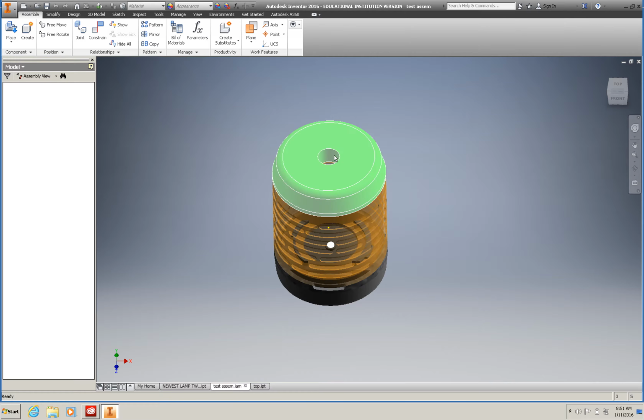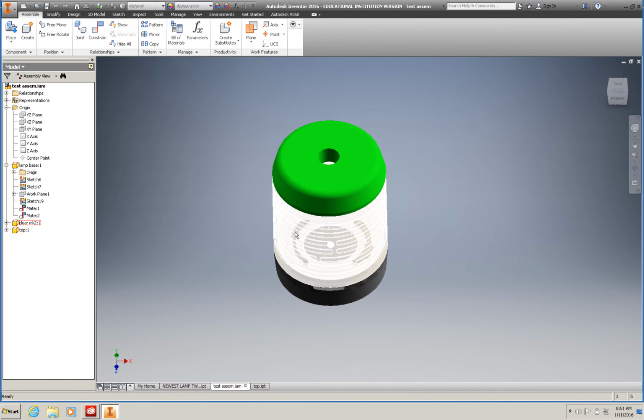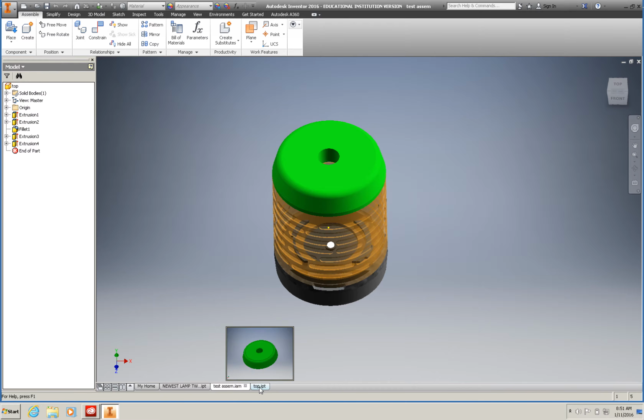I haven't put the switch in there just yet, but yours should have the switch in it. The base, your clear or translucent section where the light comes out, and then some sort of solid base, depending on your design. You change the color or the material that these are made out of in the individual part file. So if I just jump across here to the top section,